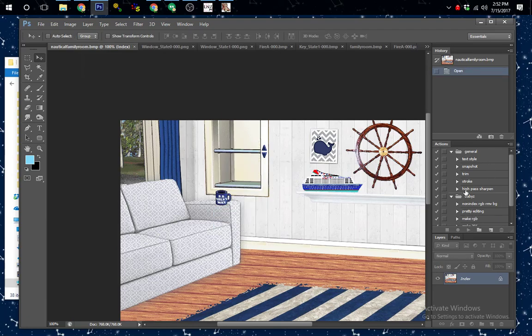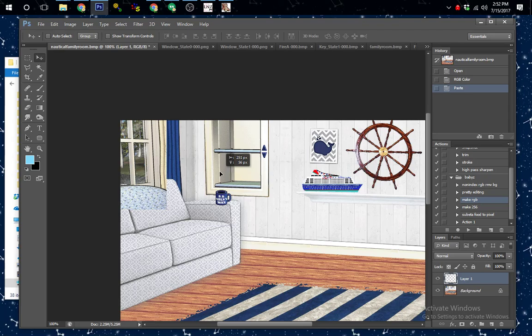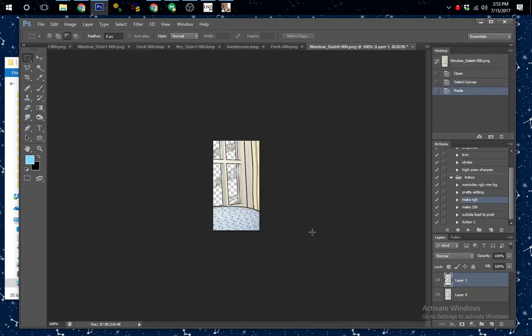Whoops. Have to make sure it's not in index color first. Anyway, I'll paste it on and just line it up to where the window would be, and just double check and make sure it's in the right place. And then I'll select the entire thing and leave out this part because it tends to be weird with transparency. But anyway, select that, copy it, go back to your window you're trying to replace, paste it,